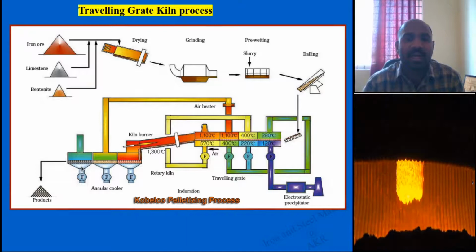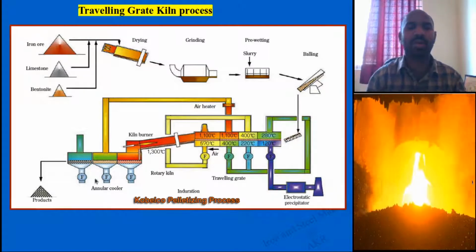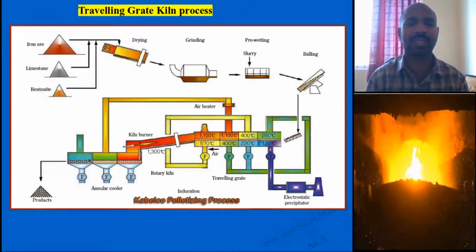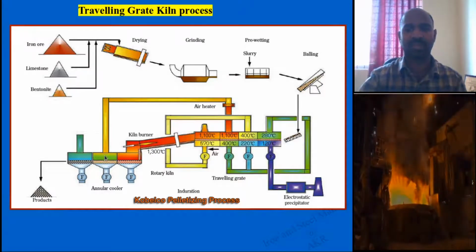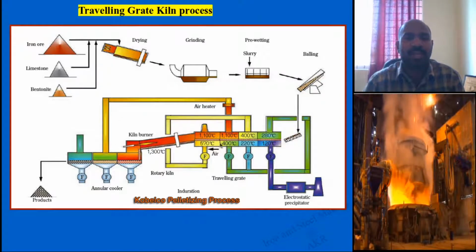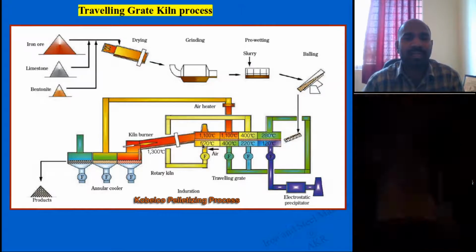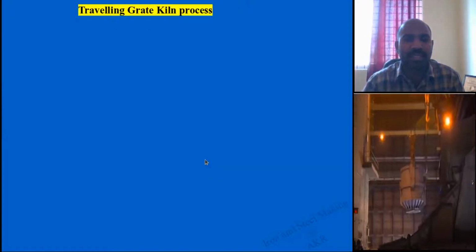You use water spray coolers for this chamber so that it cools immediately. That is why you call it an annular cooler. 360 degrees cooling is being provided by the sprayers. The gas which evolves, which is nothing but hot air, is again fed into the preheating section, and finally you will be getting the hardened pellets.